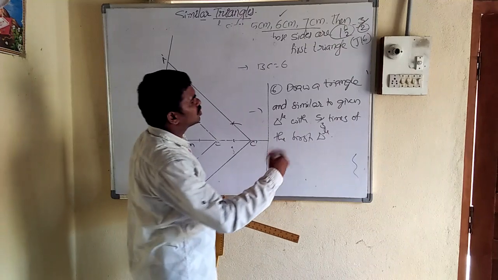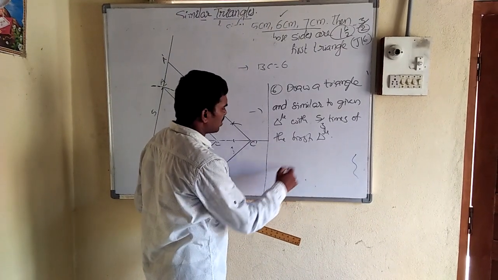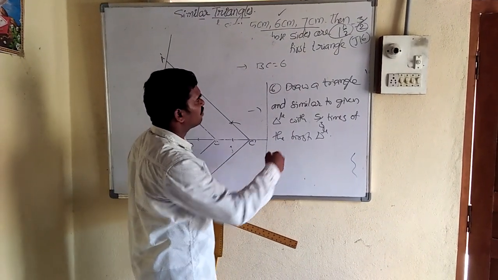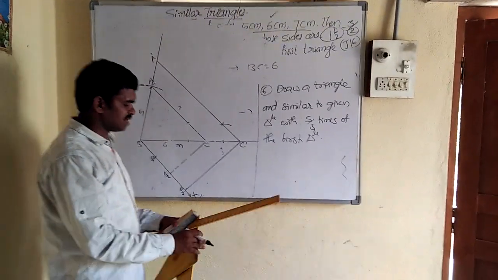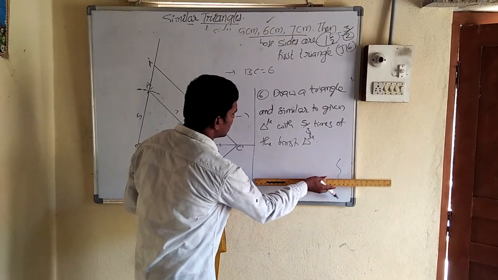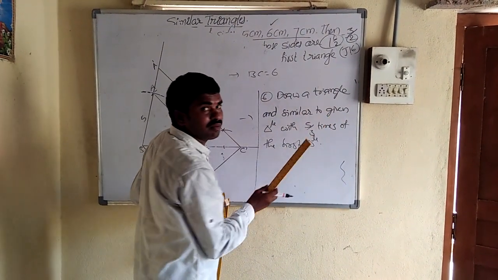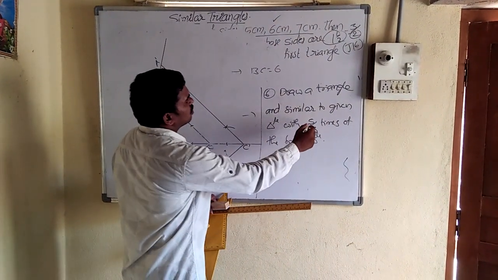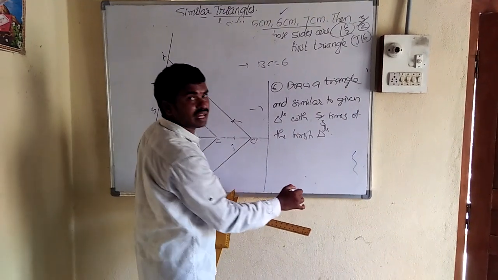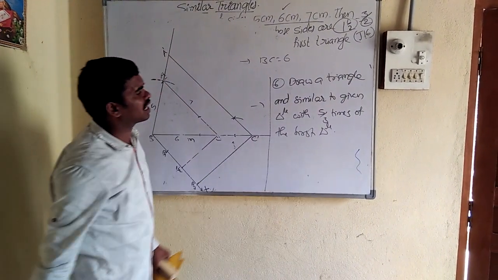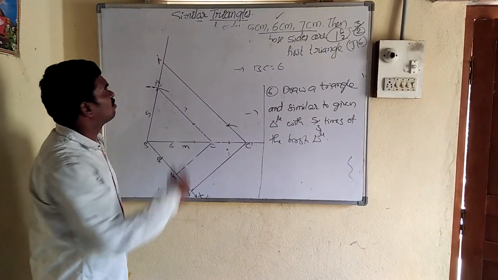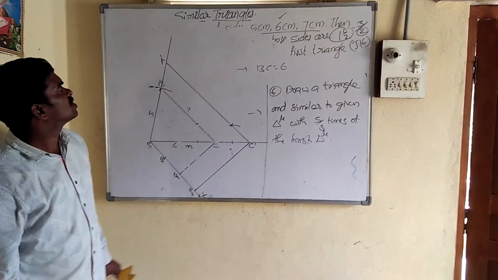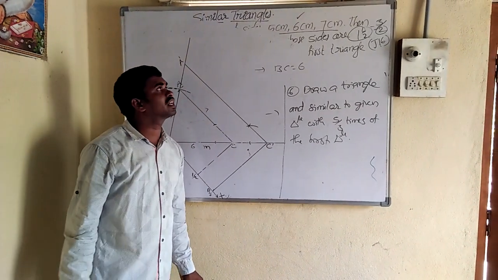So what do we have to do? We have to do it our own way. Now, our wish. We have to draw a triangle with no need to take any measurements, just simply by using a scale. Now draw some diagram, and then to get 5 by 3, draw a ray making an acute angle and draw an arc and follow the way of what we have done in the previous question. So these are the similar triangles, important constructions.